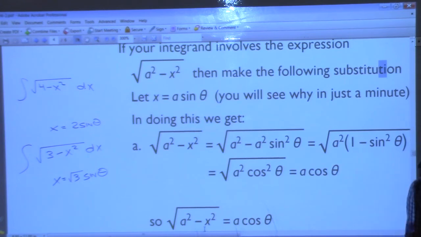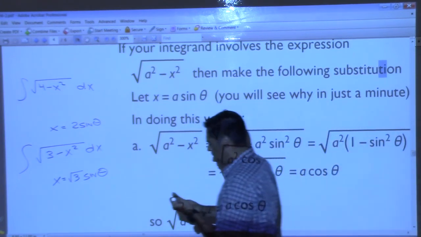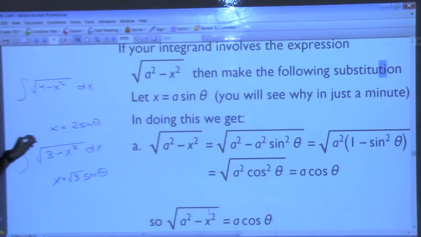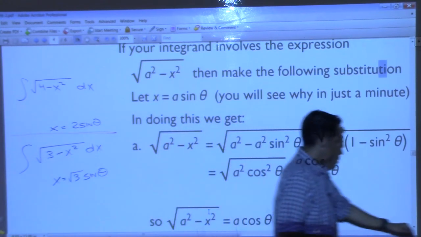All right? So in other words, if I'm looking at this problem right here, and I make the substitution x is equal to 2 sine theta, what can you tell